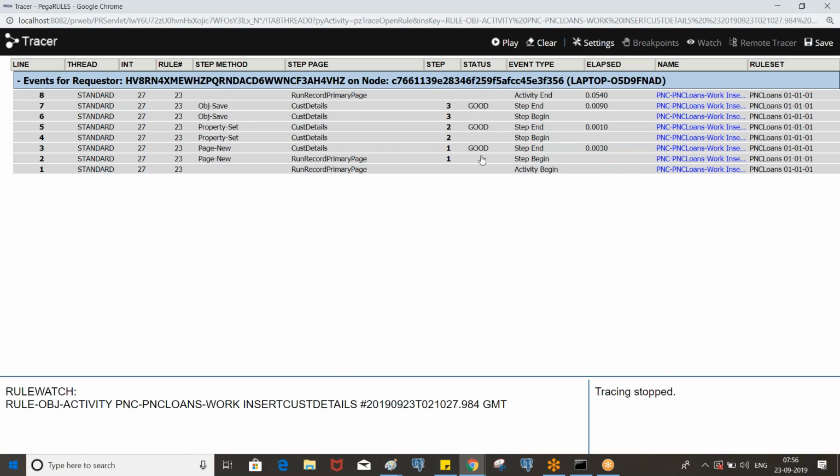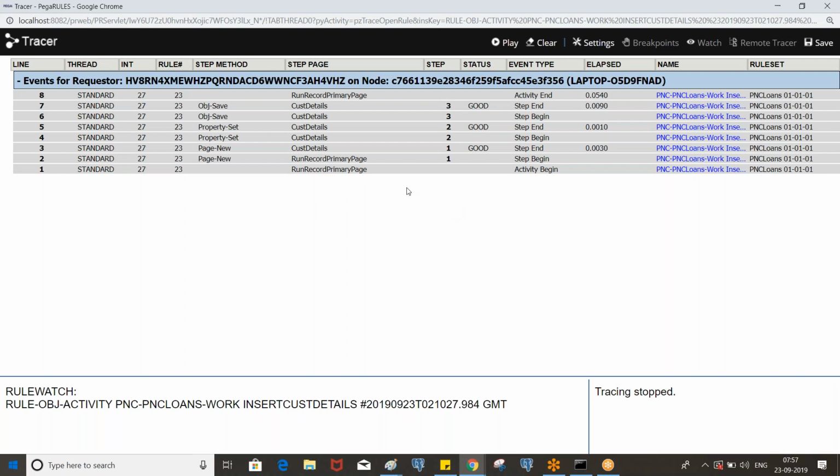So let's say if some of the steps failed due to some reason, you will see the fail status. Okay, so you are fetching the data based on the primary key from the database, and we do not have the corresponding data available in the database. So in that case, it will throw an error and status will be fail. Okay, so likewise, you can see the step-by-step execution process.